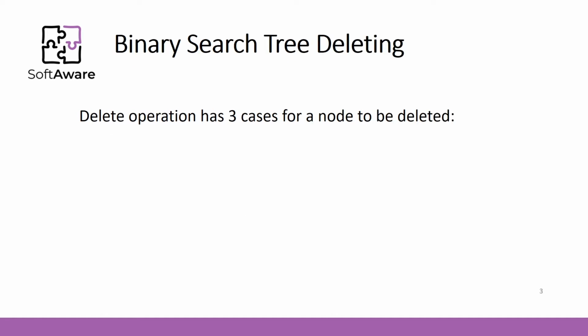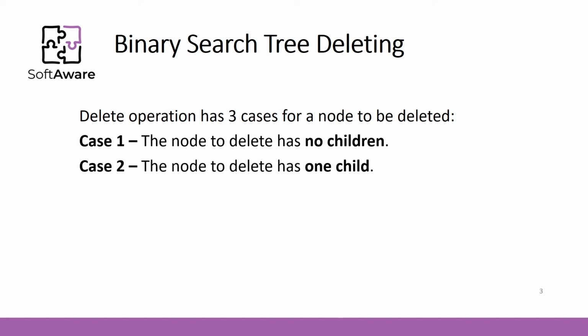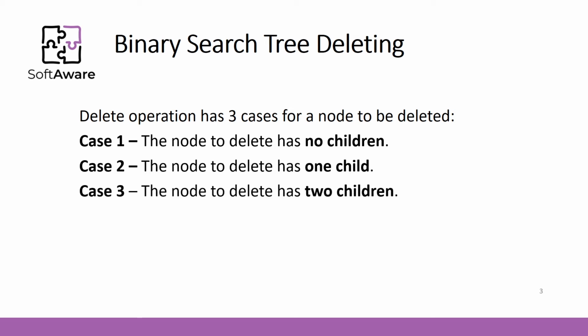The delete operation has three cases, and those three cases are identified to keep the binary search tree in valid form after a desired node is deleted. In case 1, the node to be deleted has no children. Case 2, the node to be deleted has one child. And case 3, the node to be deleted has two children. In the next slide, we will see in a wider perspective how the cases work and are involved when deleting a desired